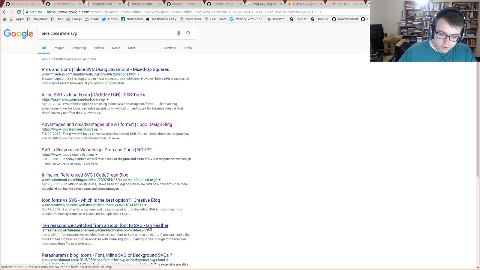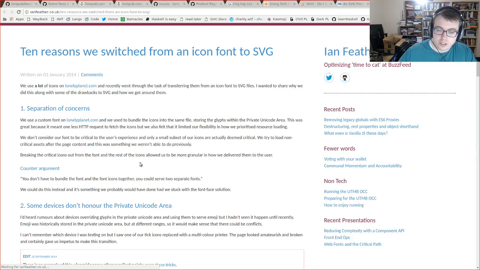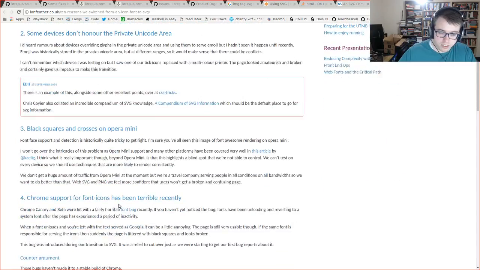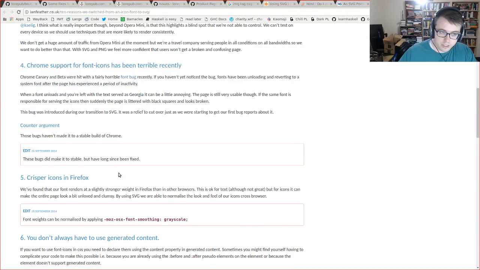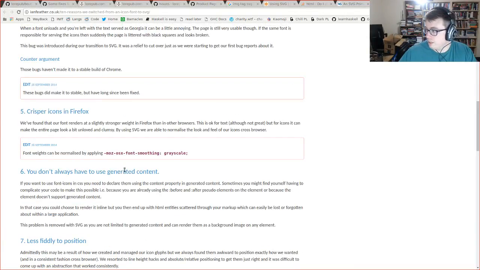10 reasons we switched from an icon font to SVG. Okay, none of these actually... I get why you're not using an icon font, but... SB Ditto 85 said if you use an SVG tag, then you can apply CSS styles to it. Yeah, it makes sense. What I'm confused about is my designer David. He wanted me to implement inline SVG